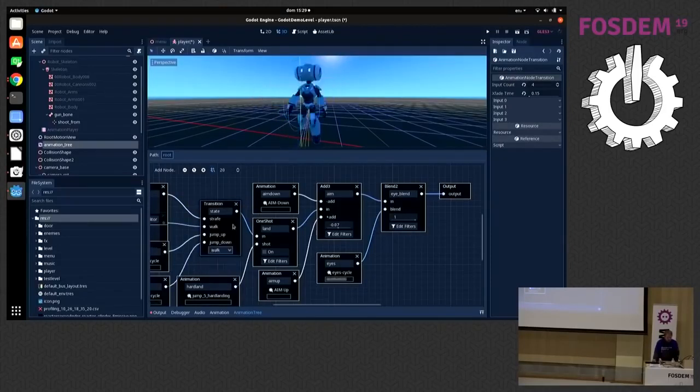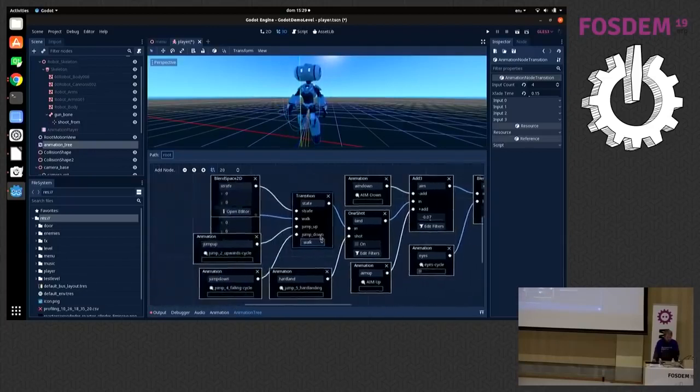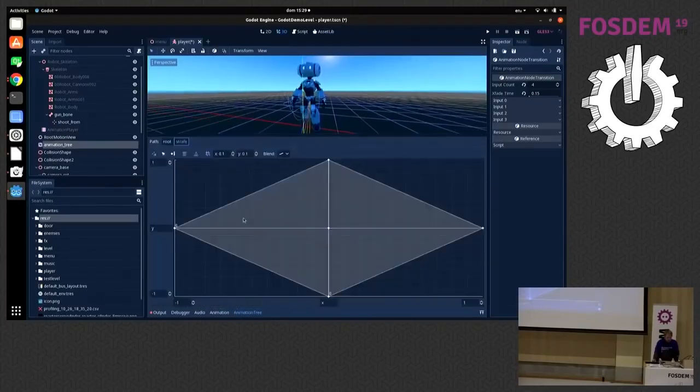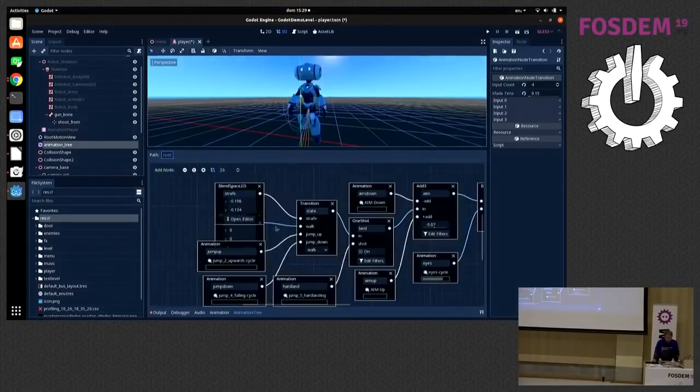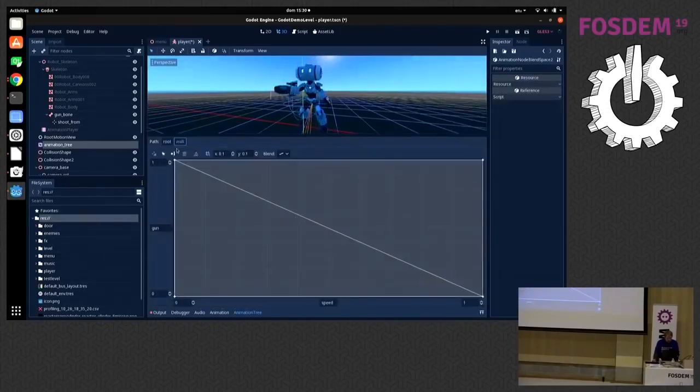You will probably notice that when you put walk, the guy is totally standing. This is because there is a blend space here. Depending on where the blend space goes, you need to activate the animation. This is this one. There we go. See, this is walking with gun, walking without gun. I can change the blending. This axis is switching between gun, no gun, gun, no gun. And this is just the animation speed. If I change this, you can see it just changes the animation speed.